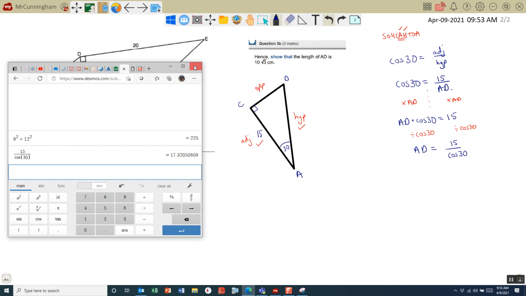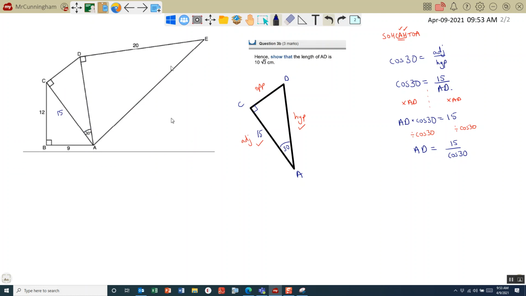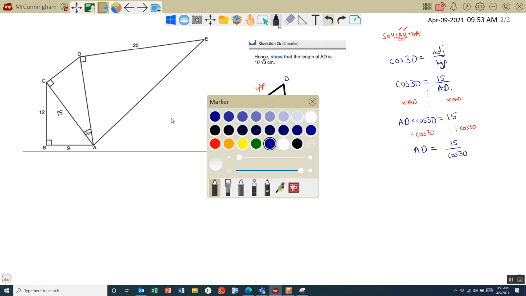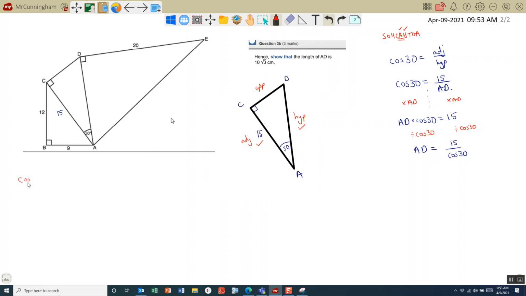They want it as 10 root 3. So I need to work out what cos of 30 is exactly, and you work this out using your exact values. You may remember there are specific ways to work out values of cos, sine, and tan